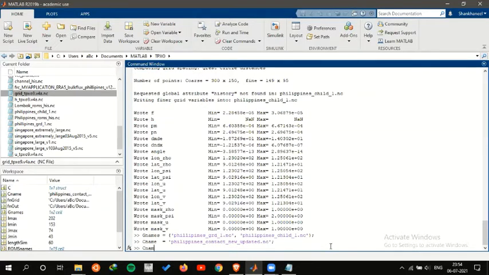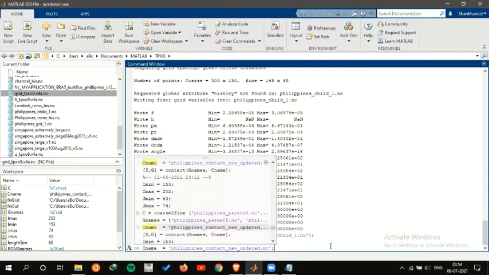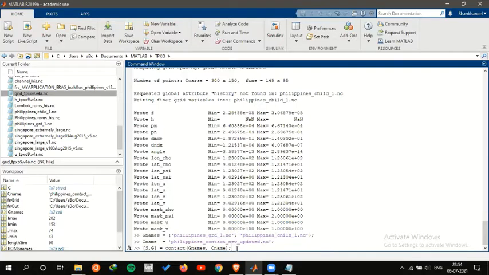Then I need to pass the contact function. The contact function looks something like contact. Now the contact function must be passed in this format: S comma G in the form of an array, and in the contact function you pass the gname and cname.